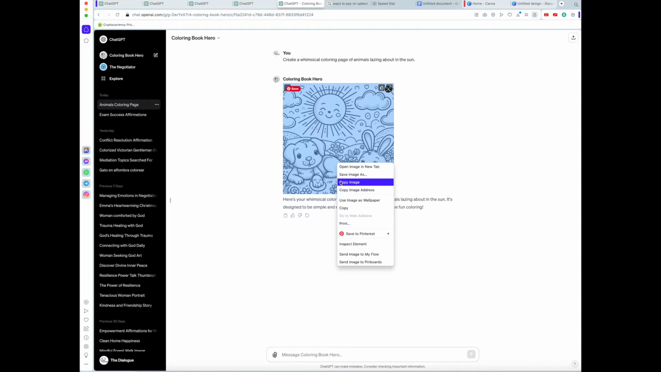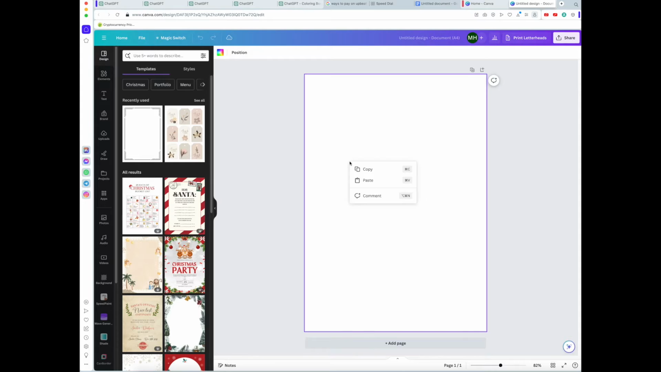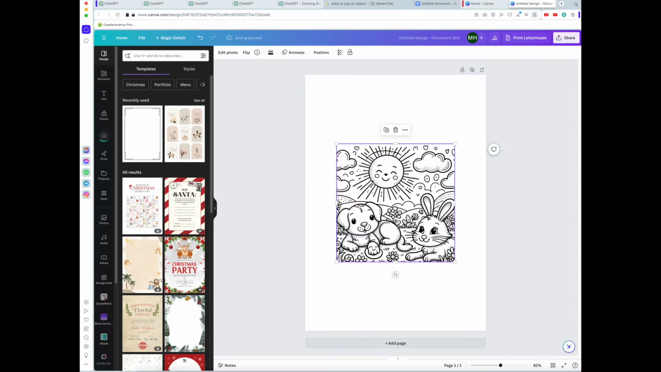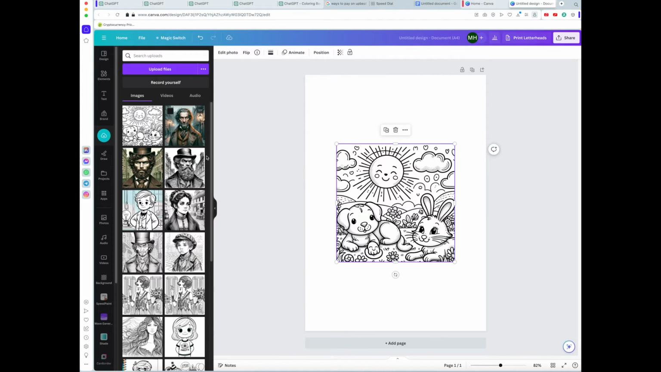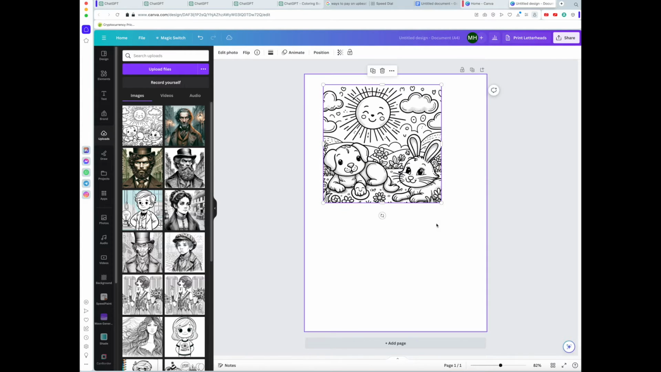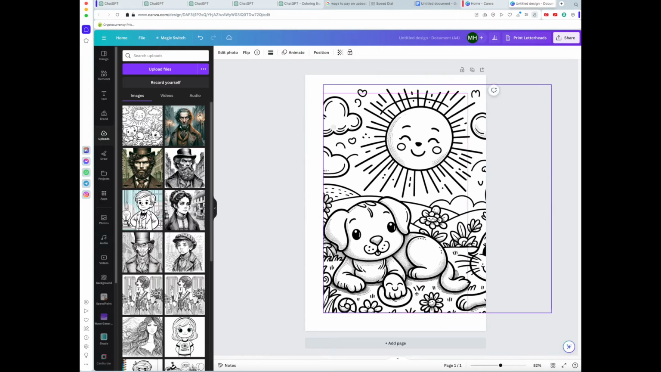Let's right click, we're going to copy image, then I'm going to go into my A4 document and I'm going to paste it by right clicking, and it actually goes into the upload file here with all my other ones that I've done previously. But it is a little small, so we'll have to make it big to make it